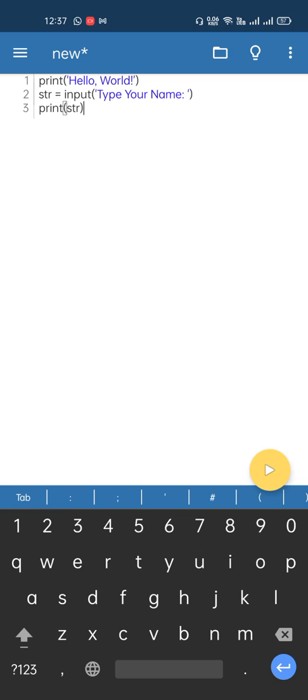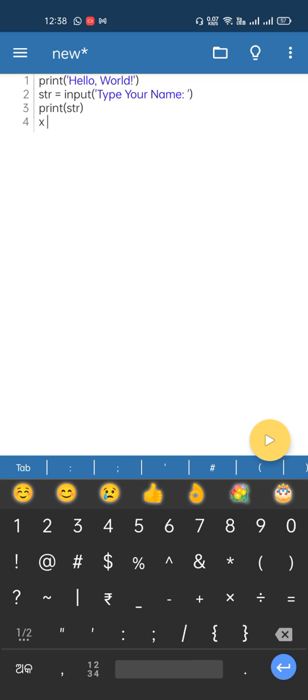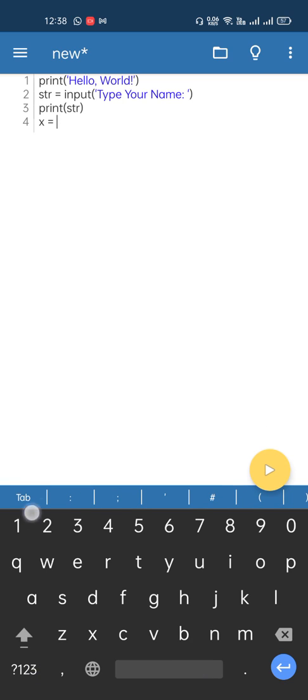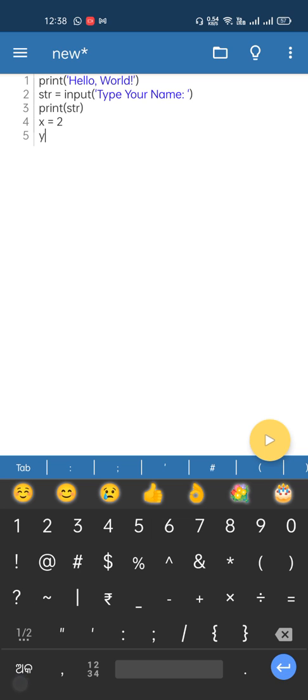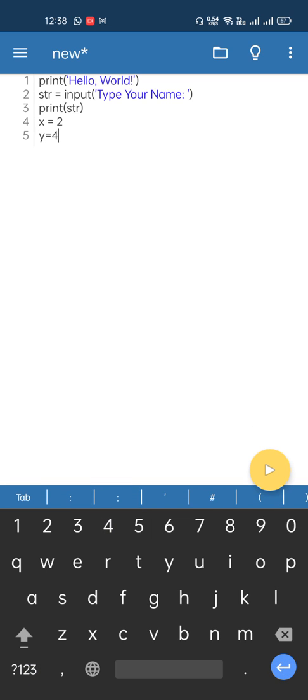Now let me do one more small, basic program. Let us try to add two numbers. Okay, so let the program be, along with it I'll write new lines. So write x equals to, let's say, 2. Remember in Python you don't need to give a semicolon or colon at the end. It is one of the advantages of Python. And I'll take another variable y that is equal to, let's say, 4.